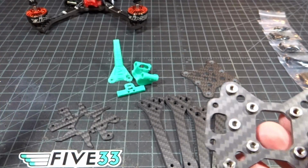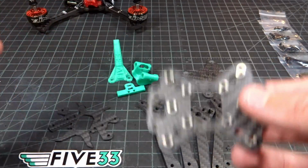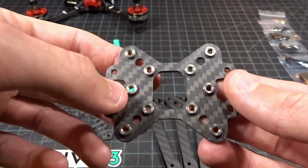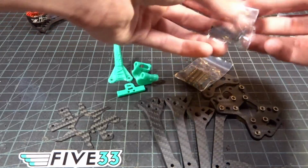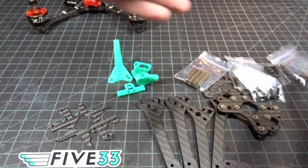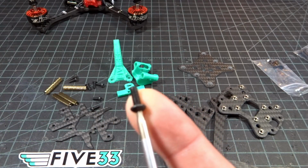A lot of the things with this frame are completely identical. It is a true X, which is pretty nice when building it because you don't have to worry about front or back, and everything works the same. And of course, with the rest of it, we get our hardware, our standoffs, and all our screws that we're going to be needing. So to assemble the frame, you want to start off by taking the normal button head